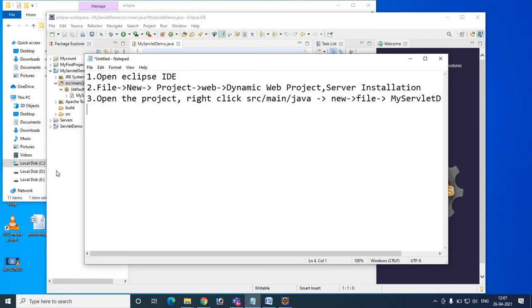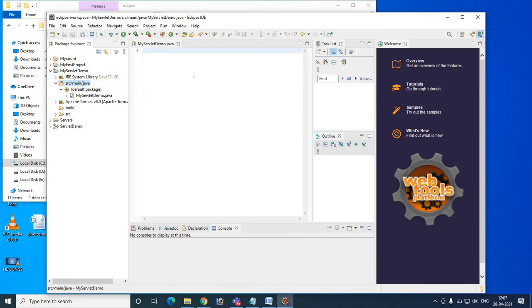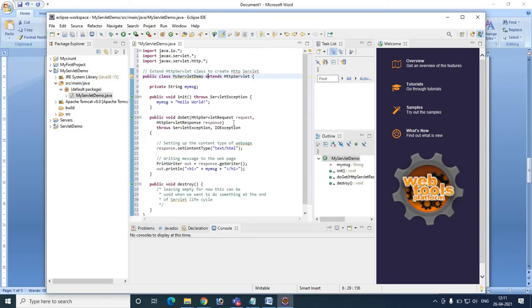So let us give the code for my servlet demo.java. This is the code we have to write in my servlet demo.java. The first thing is we have to import java.io.*.